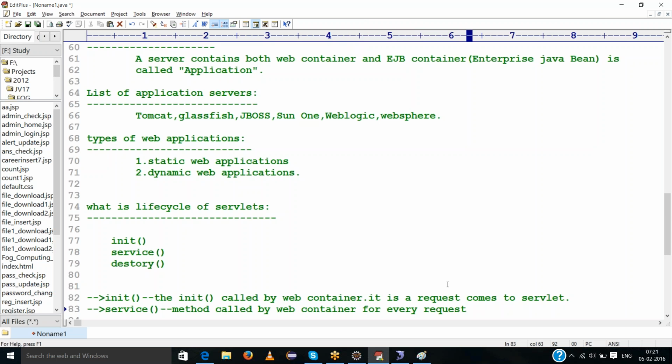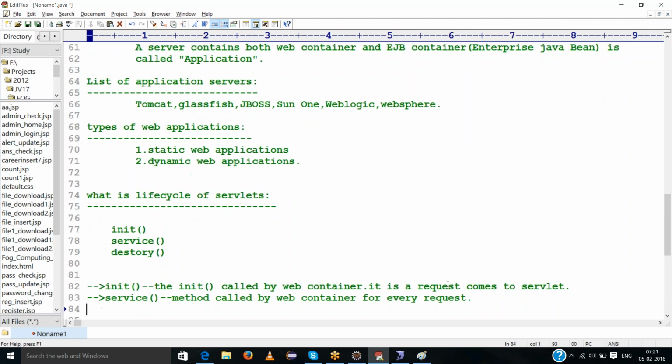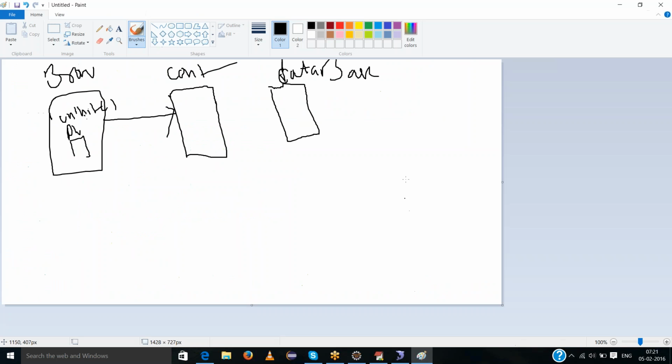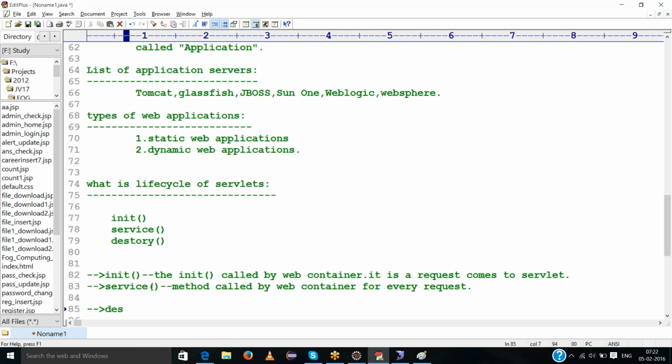For example, the request comes to the container. The container accepts the request and generates the response for every request. That is the purpose of the service method.